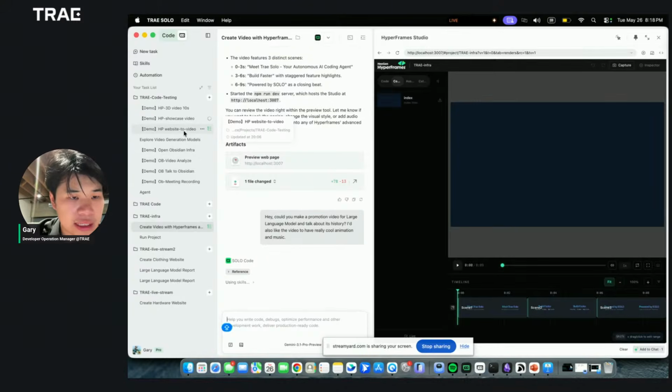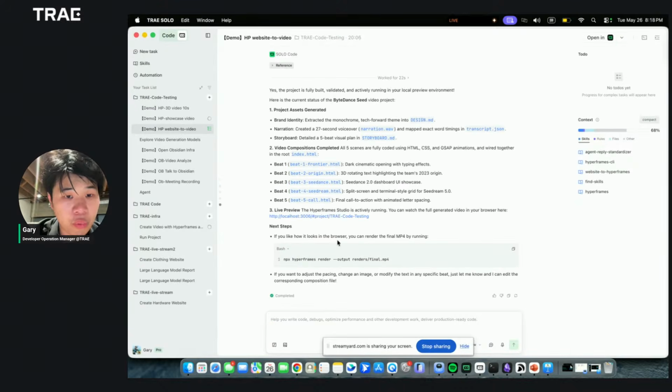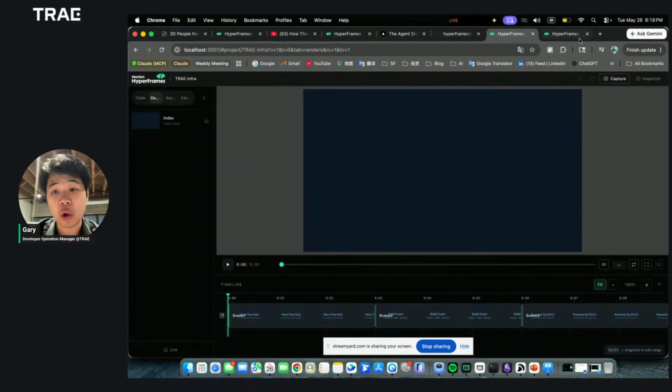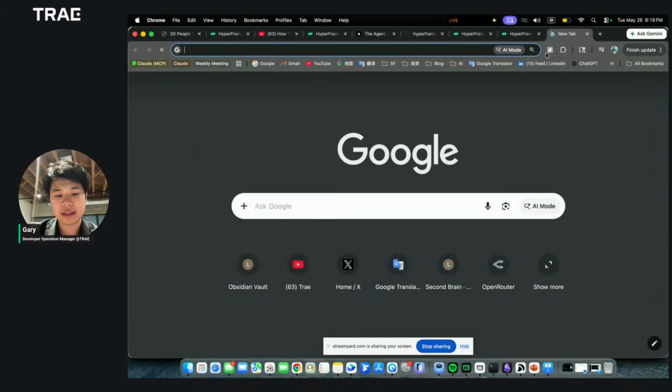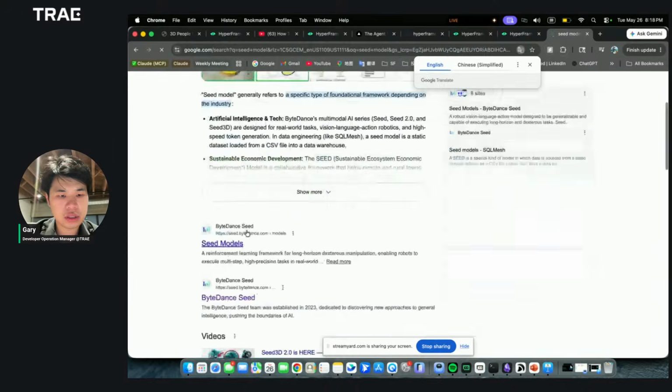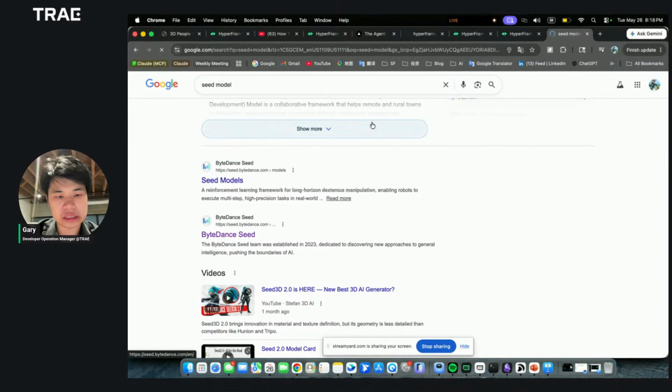Let me see, another use case is called website to video. I think this is another really cool use case that I just learned. The basic concept is, for example, if you see a website, you can even turn the whole website into a video. So for example, I just found the Seed model over here.